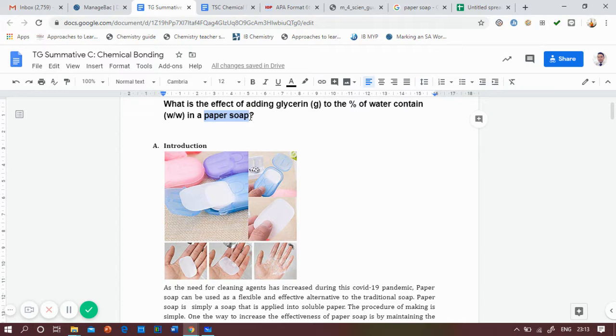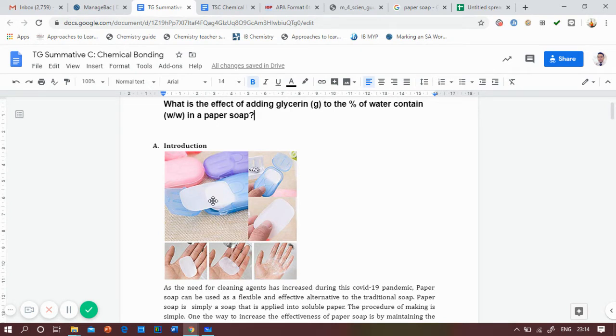It's a very innovative product. As its name says, paper soap is soap in the form of paper. Usually, it's more flexible compared to liquid soap. For example, if you go to the airport, it's kind of tricky when you travel with liquids, so this may be one solution for you.